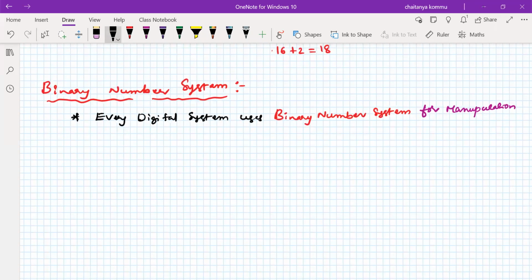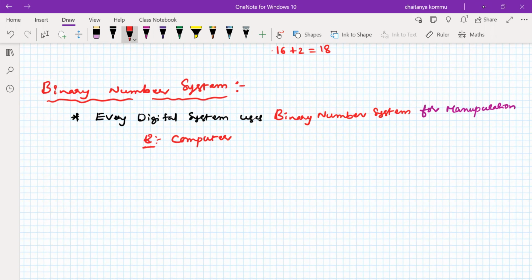So what is an example of a digital system that we can consider? For example, a computer. We normally consider the computer a digital system. Whenever you give some kind of information to it, it will be converted into digital form. It will convert into binary form, which is digital in nature. So it will perform its operations on that particular binary data.